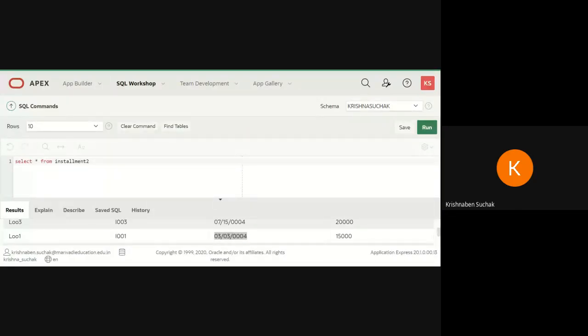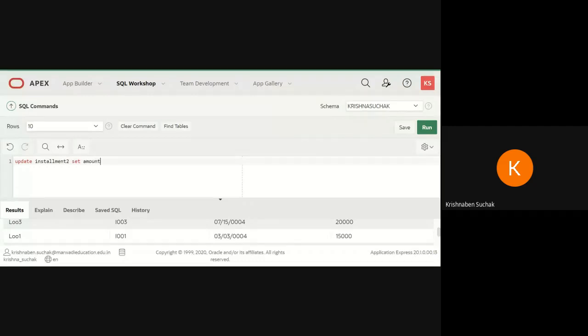Okay, so now we are going for the third query. Check in your question. The third query is reduce 5,000 amount from all installment holders. So now again I need to update the table, right? So I will be using the update command. I will write update, then your table name, that is installment 2, relation name installment 2.